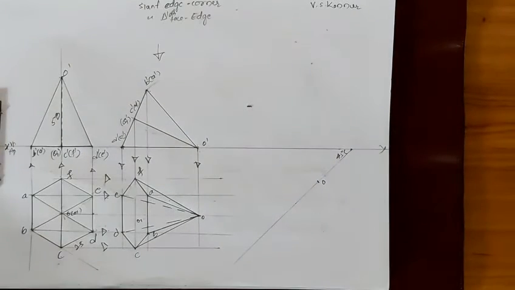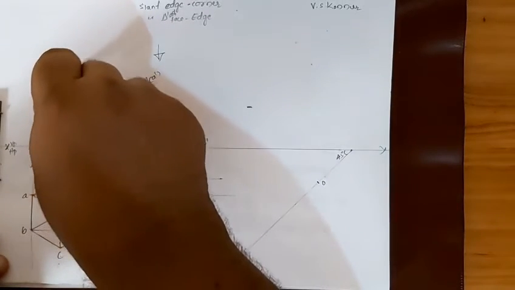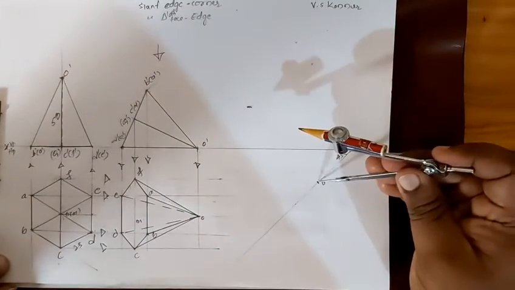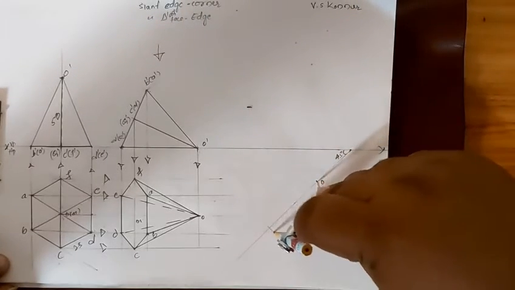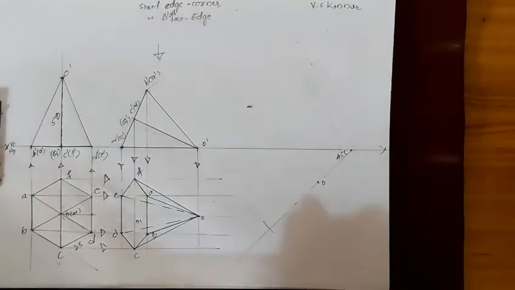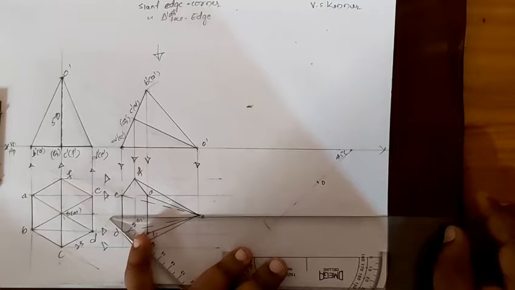Now it does not appear, only what they have given, that the axis is inclined at an angle of 45 degree. Because of that we'll get a locus line. First we'll take the height, construction will be different. The height I have taken is from the first position, that is 50 millimeter. I cut the 45 degree line, and then we'll draw a locus line here, parallel to this.